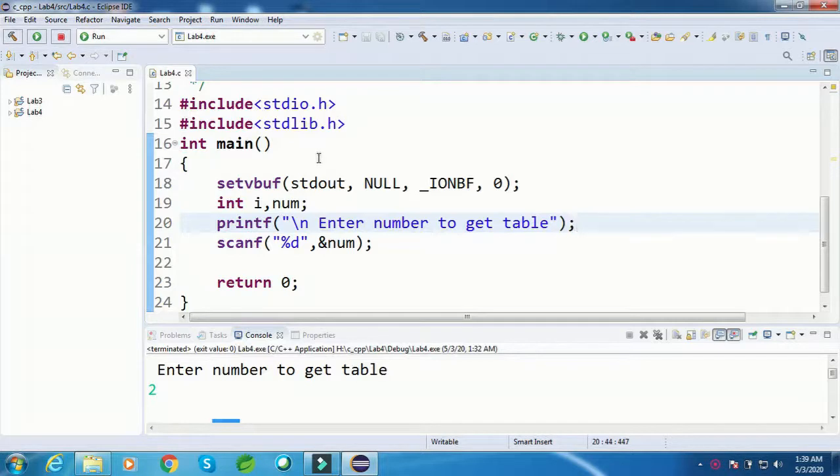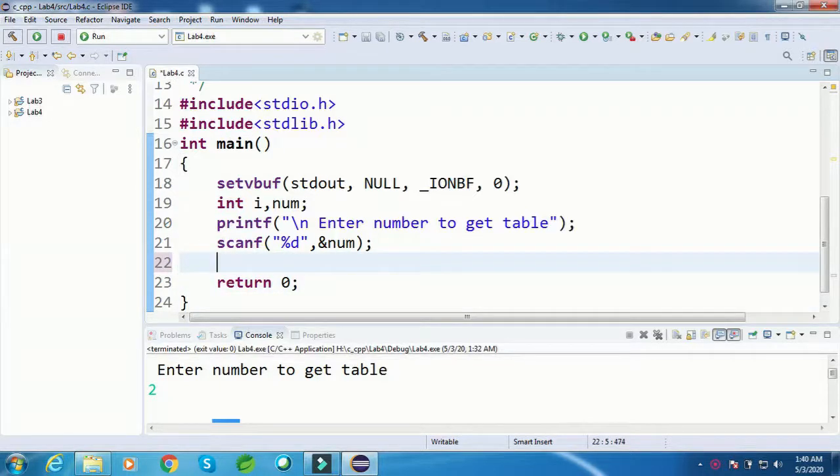Hello everyone. Today I am going to show you how to use a loop control statement, right? There are three different ways to use a loop control statement. The first is a for loop, the second is a while loop, and the third is a do while loop. You can watch the previous videos for the demos of for loop and while loop. In this demo I am going to show you how to use a do while loop and what the syntactical differences are.